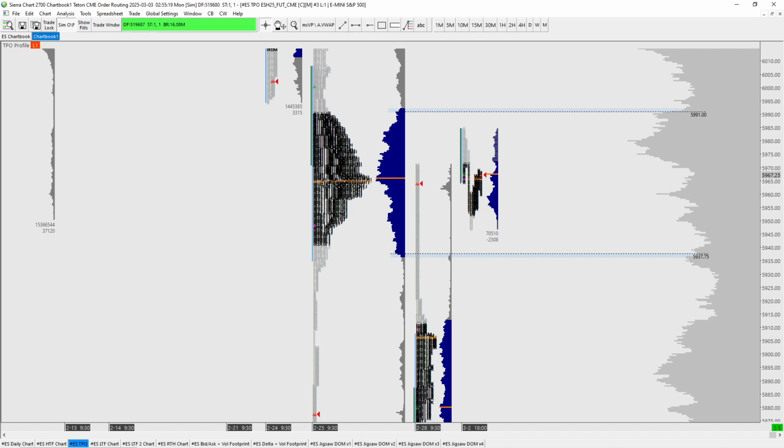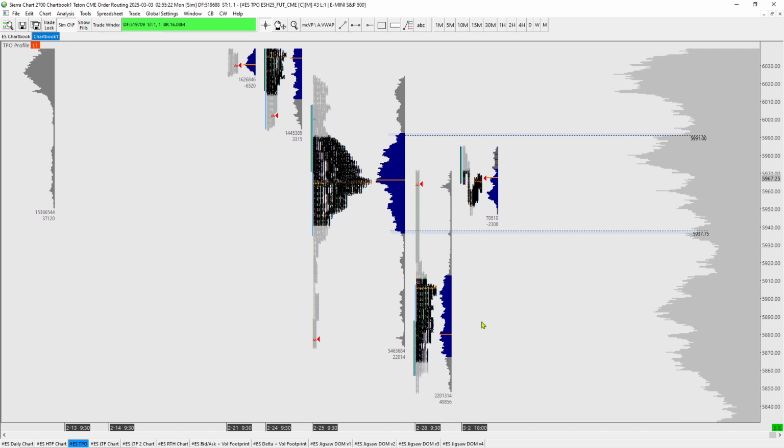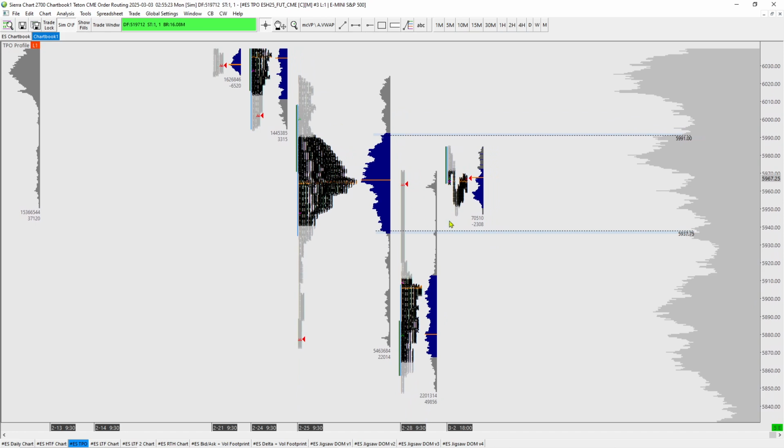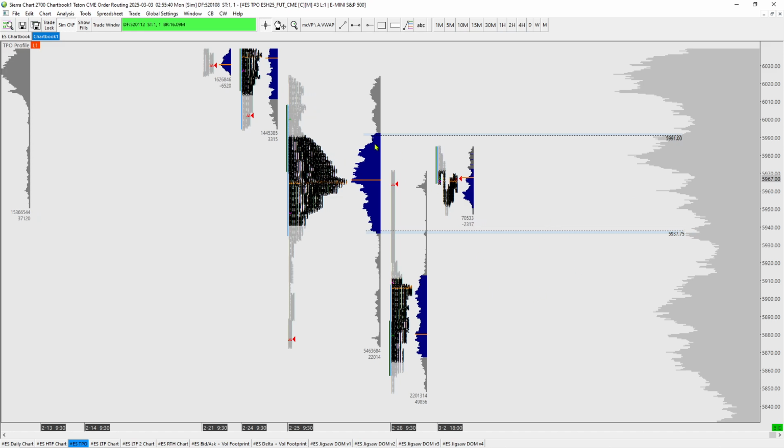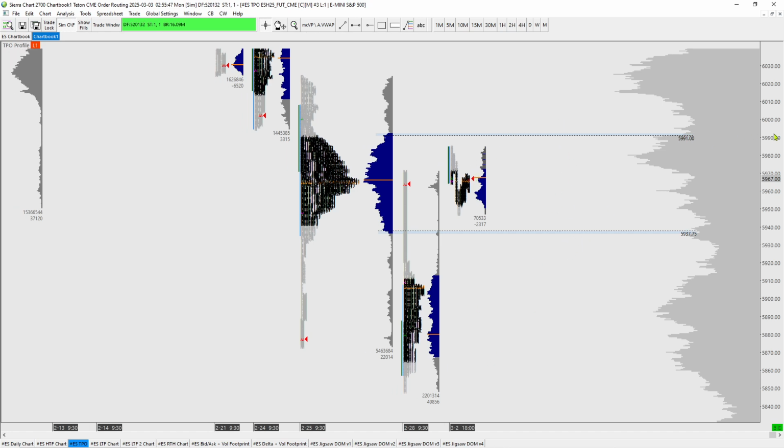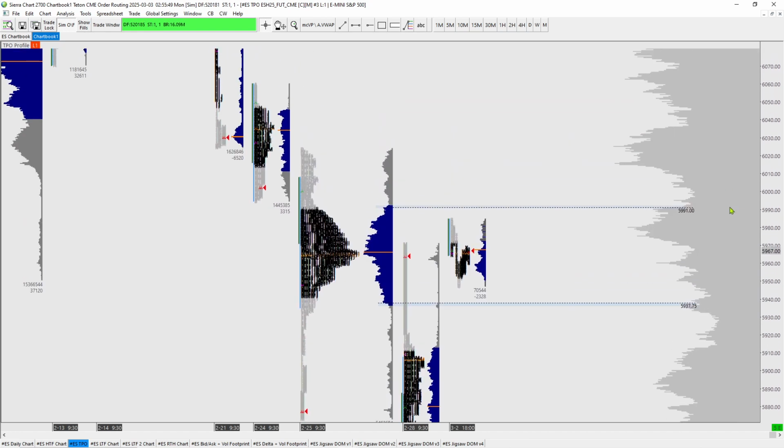So we have a zone right here, a range, and anything inside of this is going to be noisy, but if we get to the extremes over here, I want to look to play back up here, and if we get to the extreme here, I want to look to play back down, unless there's a lot of volume up here indicating that they're going to break away from it. Okay, so perfect. We're inside of balance, right in the middle, and I have levels to play off of on the extremes. Now let's look for breakout and breakdown targets.